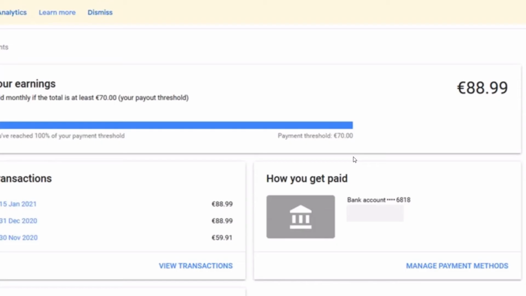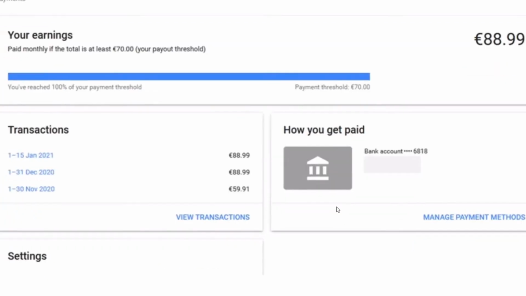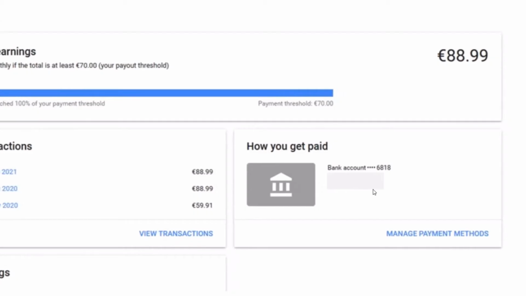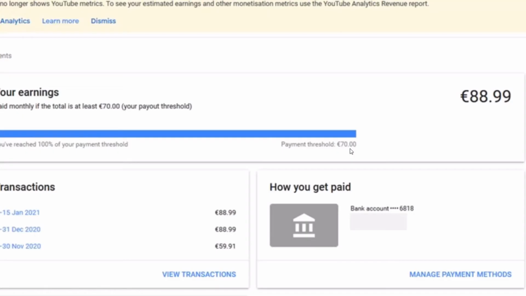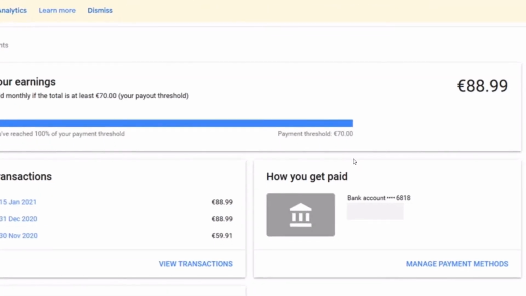Now, I was supposed to receive the money in my bank account. However, I didn't receive it, you know. But AdSense is telling me that I will receive the money not on the 11th of January that I exceeded the 70 euros, but rather between the 21st and the 26th of January. So this applies to you. It depends on, you know, any month at all.